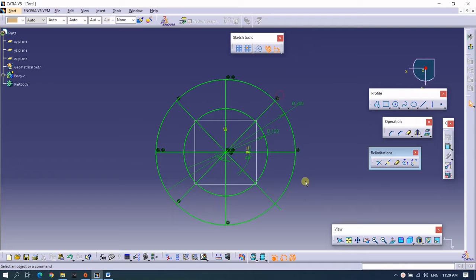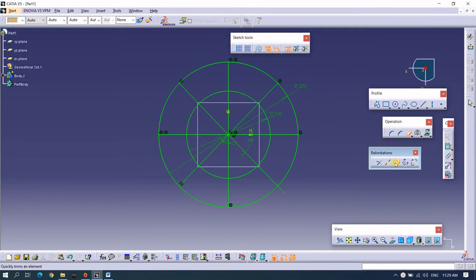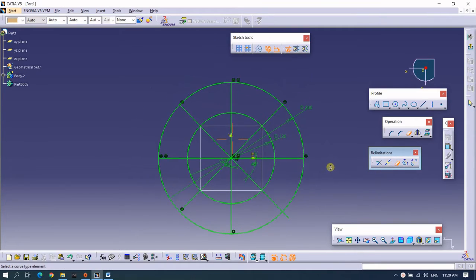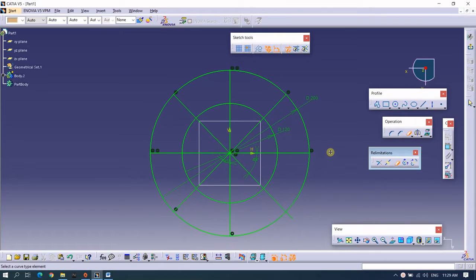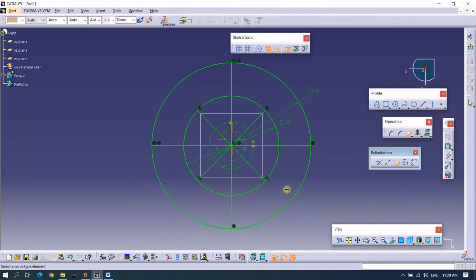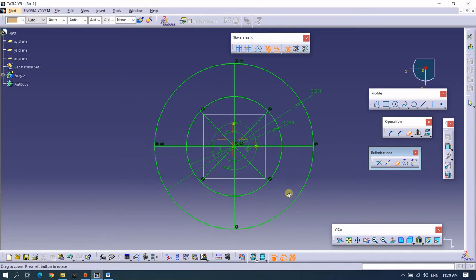trimmed. Yes. Now I will double click on the tool so that I can use it repeatedly, and it is also convenient to use the tool repeatedly instead of going and selecting the tool operation again and again. So now I want to erase these parts of the diagonal lines. So I will start clicking on them, and yes, they are done. So this is so easy to